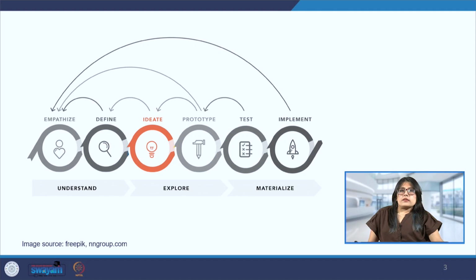So this diagram, I guess we all are familiar with now. These are the design thinking stages, and we can see that idea generation falls at stage 3 of this design thinking process. This is where the participants approach the whole problem with an open mind, through techniques like brainstorming and others that we have seen earlier. They will be coming up with many solutions or ideas at this particular stage, which will be addressing the problem statement that we have designed earlier by looking at the challenges people are facing by empathizing with them.